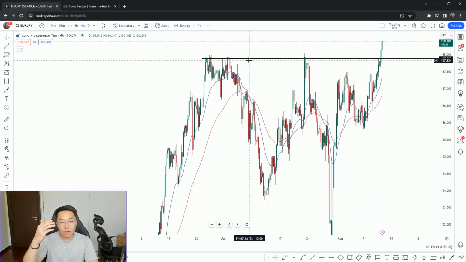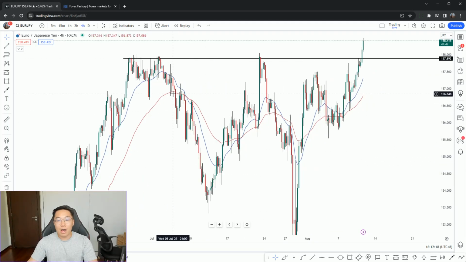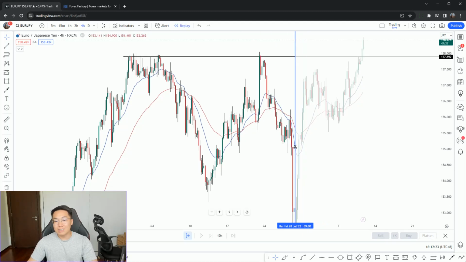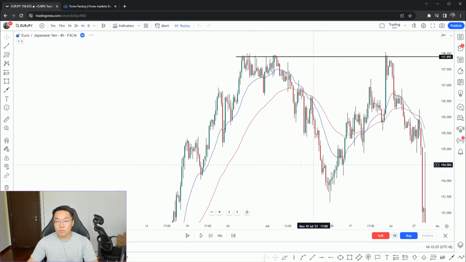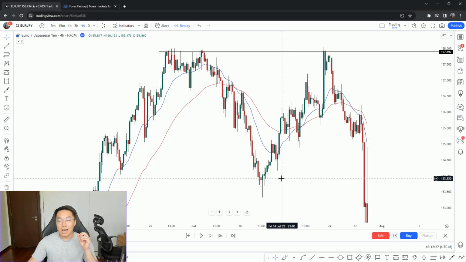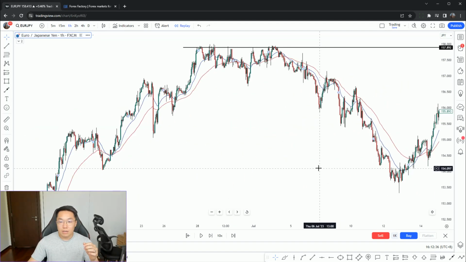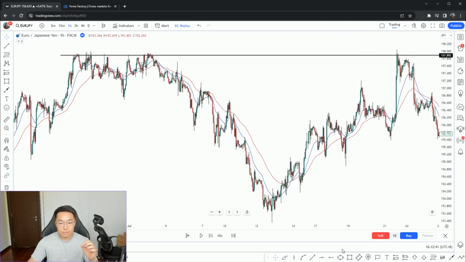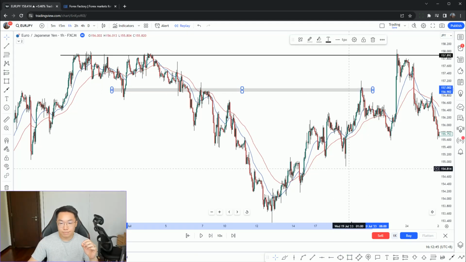Regardless whether you are trying to go short as a seller or go long as a buyer, there are multiple levels. So let's talk about it from a seller's perspective, right? One of the common problems that I see retail traders make, especially beginners, is when they start looking at the high time frames or maybe the lower time frames, without identifying the current market condition, they start drawing a lot of lines. All right, for example, this,